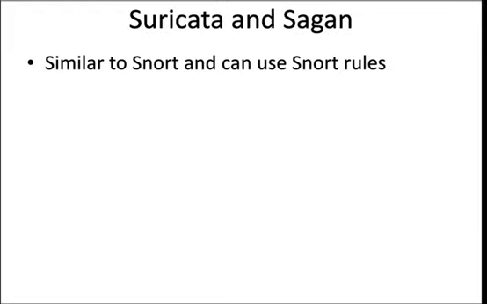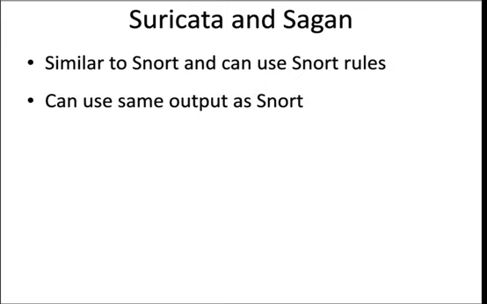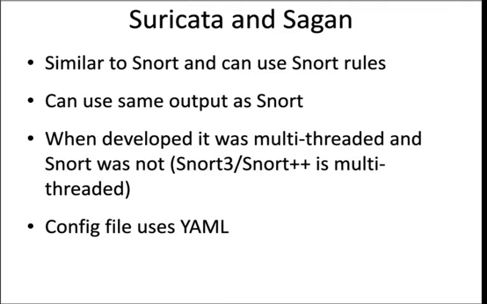Suricata and Sagan are similar to Snort, and they can use Snort rules. They can generate the same output as Snort. It is configured using YAML. And when it was developed, the big differentiating thing was that it was multi-threaded, and Snort was not at the time. However, with Snort 3, also referred to as Snort++,